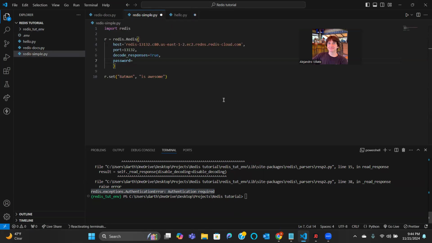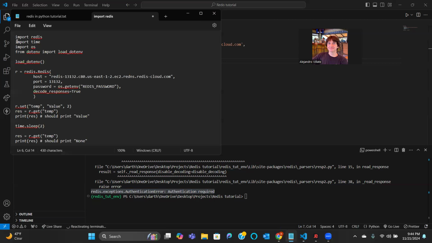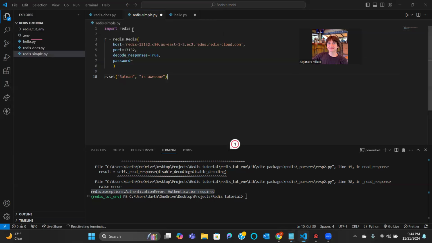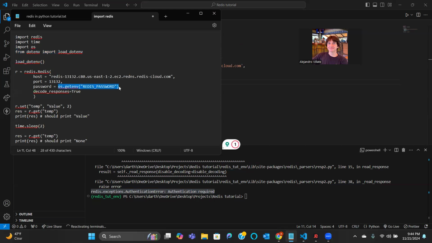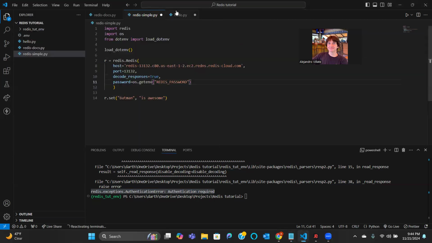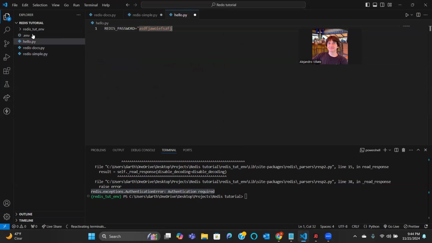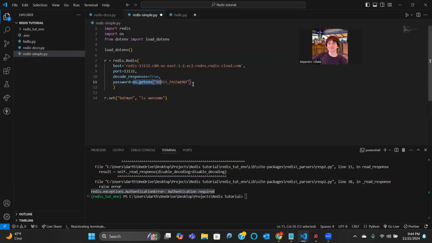So this is all that is inside this .env file. And to access it, I'm not going to go into detail because it's not in the scope of this specific tutorial. But I'm just going to copy and paste some code. So I'm just going to import os and dotenv, and I'm going to load the information from the .env file into this Python file. And then the password will be set to os.getenv REDIS_PASSWORD. So it's just getting whatever information corresponds to REDIS_PASSWORD from this file and replacing this with that information. So if I press save,